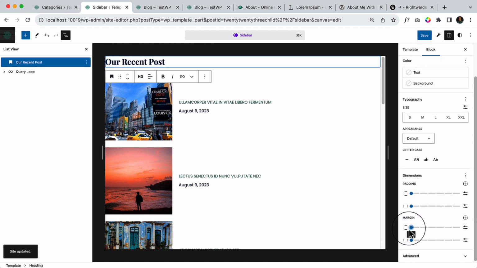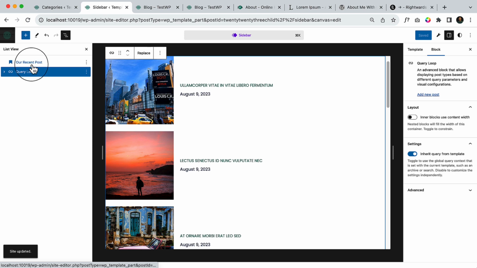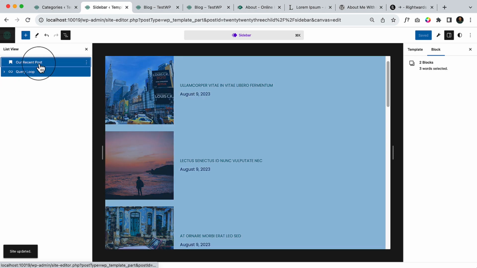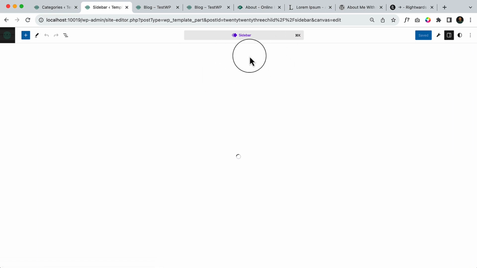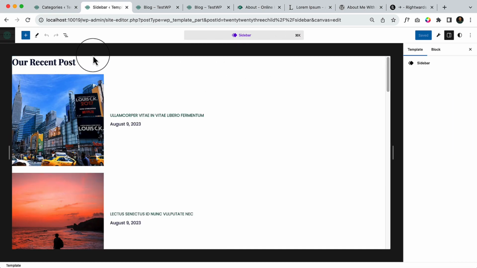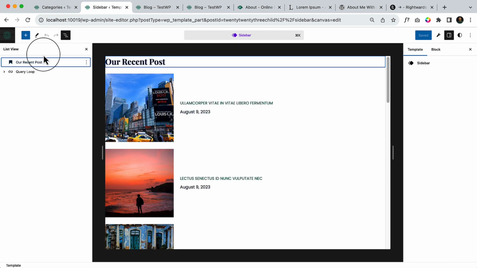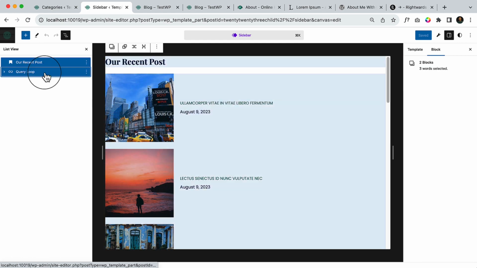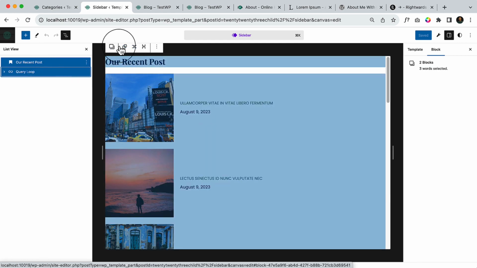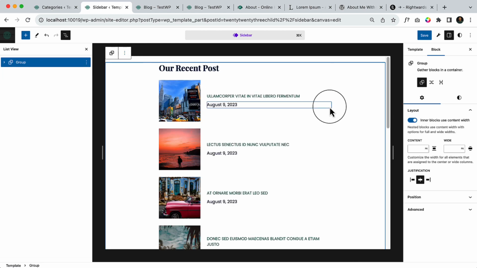So this is the margin top. I just added 0 here. And select them all together by pressing shift, and I would like to convert them into a group, but the group information is not appearing here. That's why I have reloaded the page. Again, select here, and as you can see, this information is now visible. Select as a group here